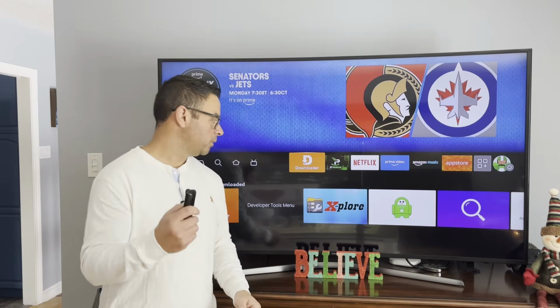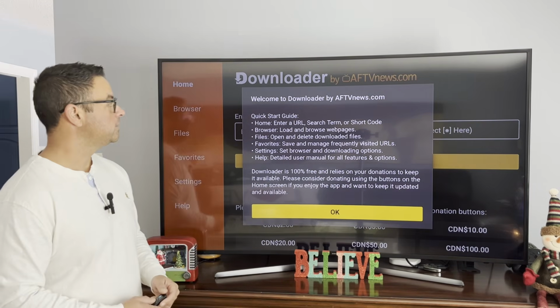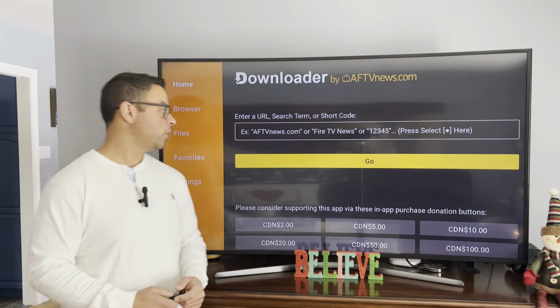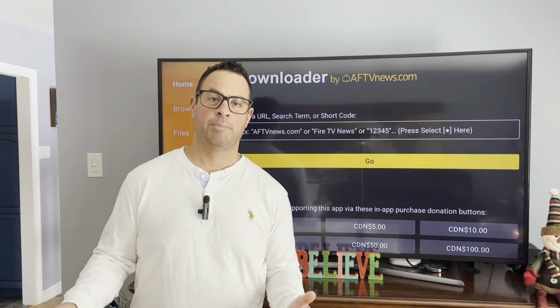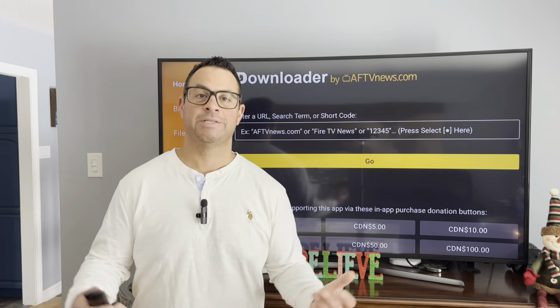Let's open Downloader. Yes, allow Downloader to access photos, media files on our device. And a little quick start guide, we can say OK. Downloader works just like a web browser, so we can type in any URL. The website we're going to go to, which is